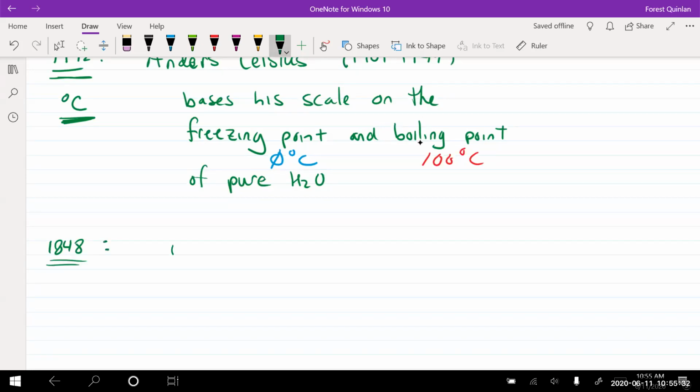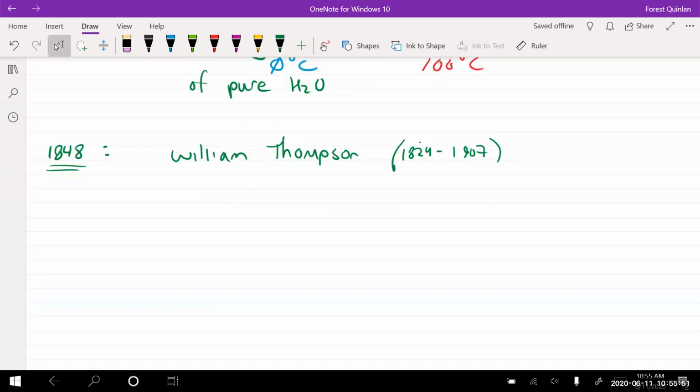There was a guy named William Thompson, and he lived between 1824 and 1907. Now, Mr. William Thompson gave us the temperature scale of Kelvin. Now, you may ask yourself, wait a minute,